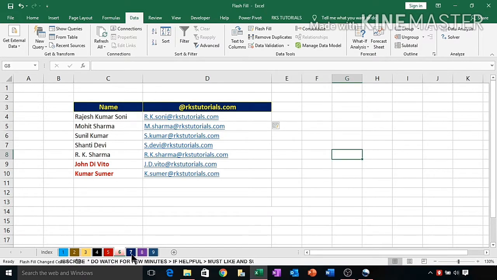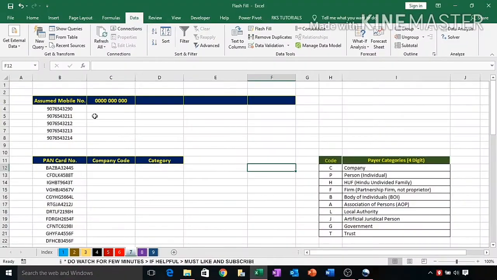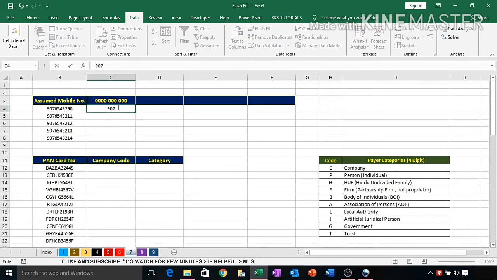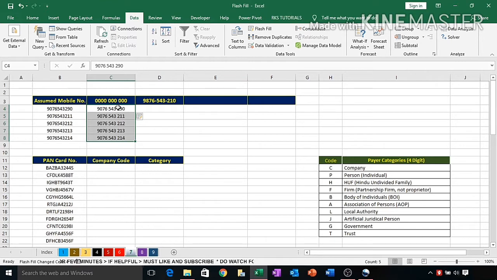Let's take another example. Here we have some mobile numbers and we want to convert them into this format. So simply we write 9076, then 543 and 290. We select all the cells and press Ctrl E. Here we go.